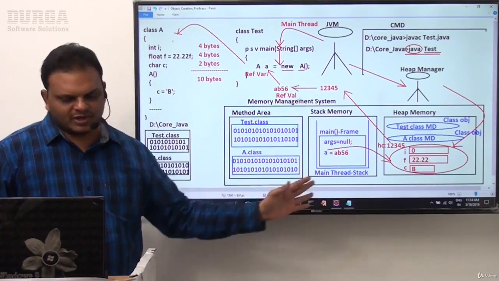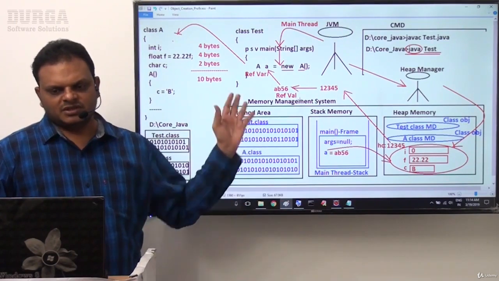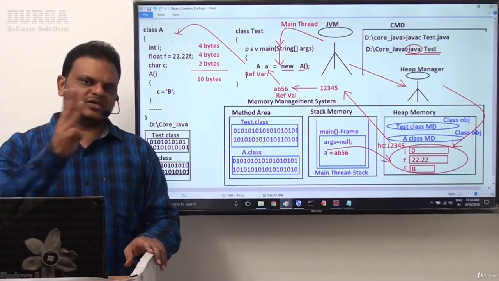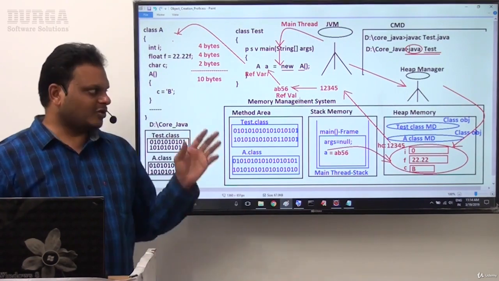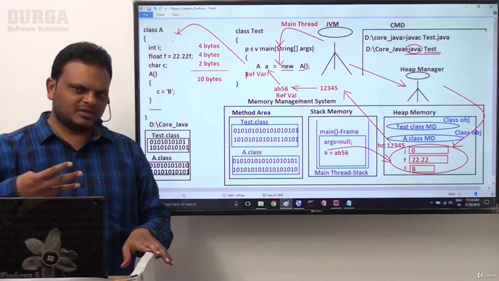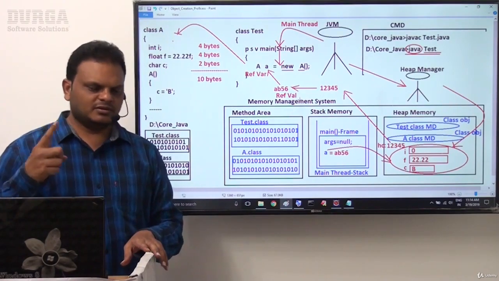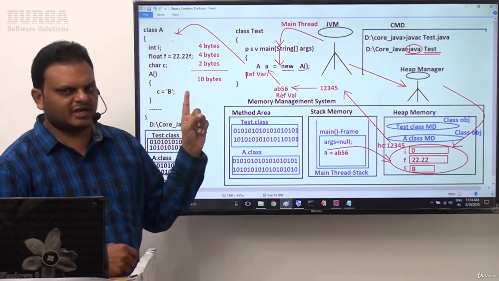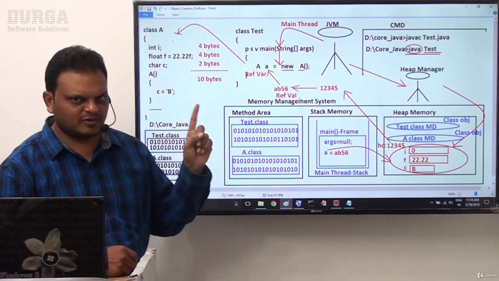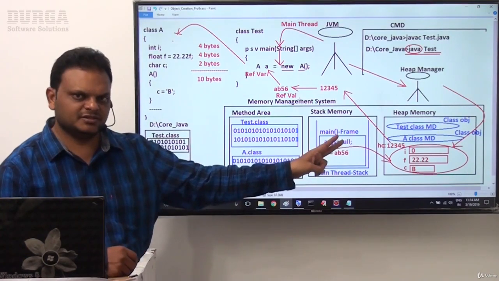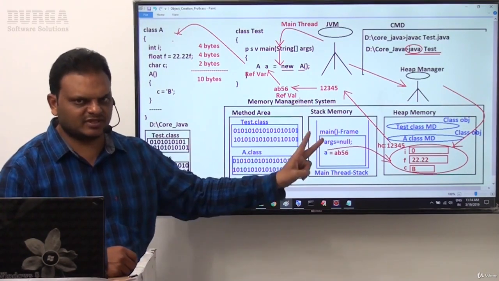If you observe this total object creation process, mainly 3 points are available. The total object creation process is divided into 3 points. What are the 3 points? Point number 1, creating memory for the object. Point number 2, generating identities for the object.